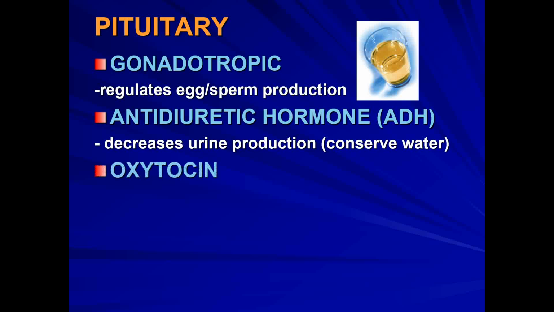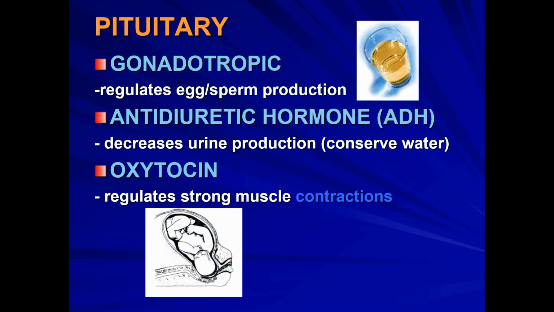And then the last hormone of interest is oxytocin. The pituitary gland actually secretes more than this list, but we're just getting a sample. Oxytocin is associated with strong muscle contractions in the body, and a good example associated with the notes is childbirth. Oxytocin is what naturally regulates the strong muscle contractions during that process. There is a synthetic drug, Pitocin, that's given to pregnant women to try to induce labor, and that works with the oxytocin naturally produced by the body during that process.